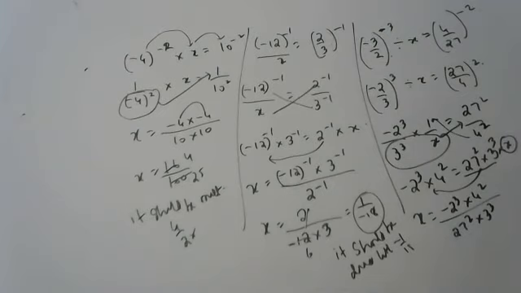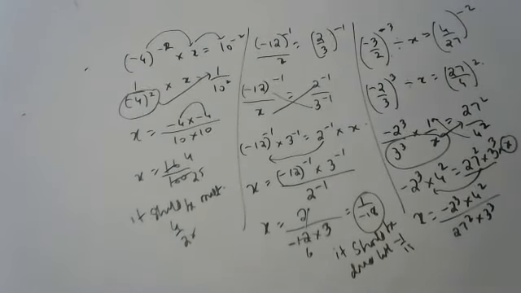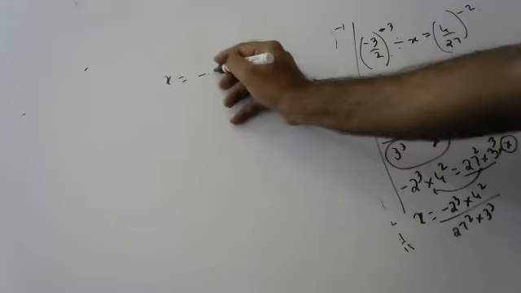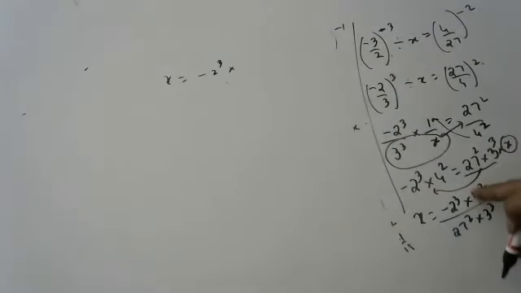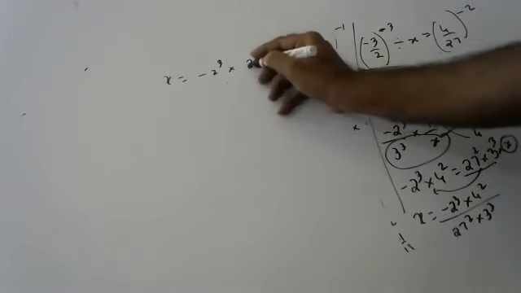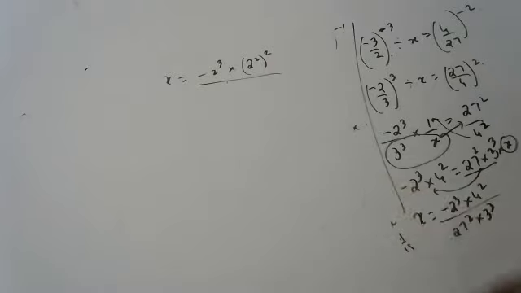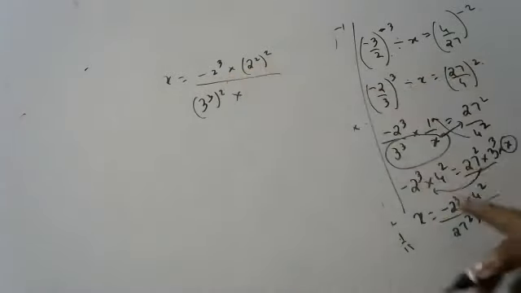Yeah, what are you going to get here, Nana? Okay, I will do it here, children, so that you will not get any confusion. Nana, I will tell you. Next. Okay, sir. x is equal to minus 2 to the power of 3 into 2 to the power of 4. We can write 4 as 2 square, children. 2 square whole square. By children, 27 we can write as 3 cube. 3 cube whole square into 3 cube, children.